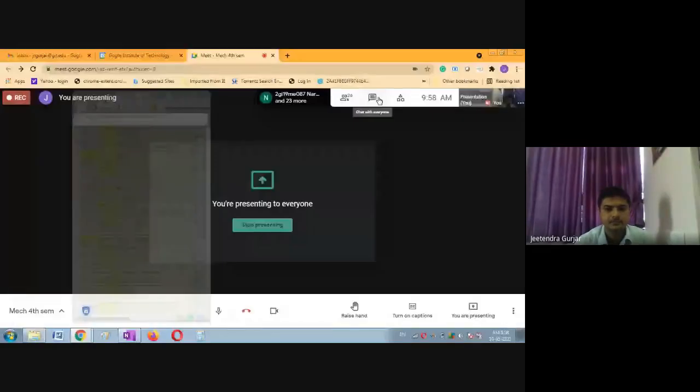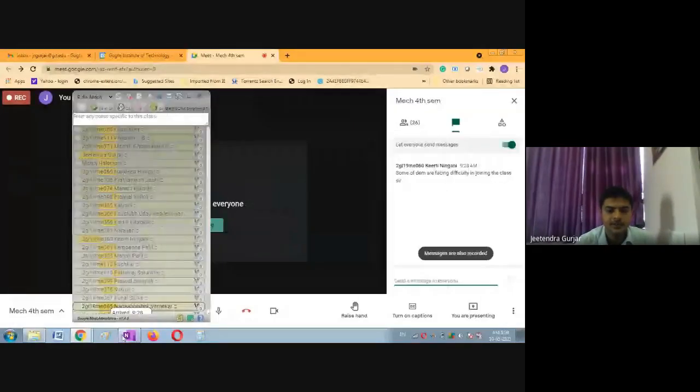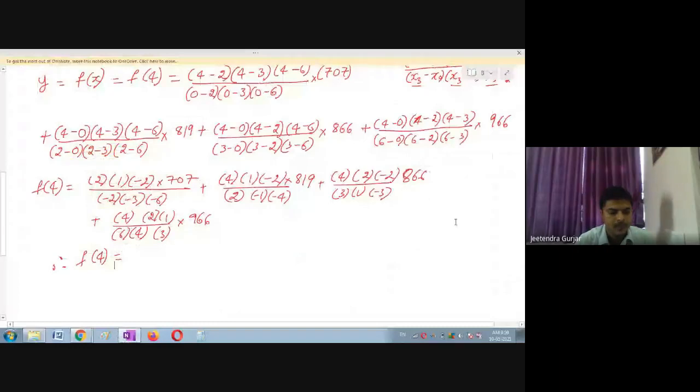Just simple simplification is there, not so difficult. And also we are not using any differentiation and integration here. Simple one formula will be given in Lagrange's interpolation for unequal intervals. Substitute the values. Identify the values first. That is important here. Many of them will make mistakes while taking x0, x1, x2, and x3. So please note that. Very, very important.